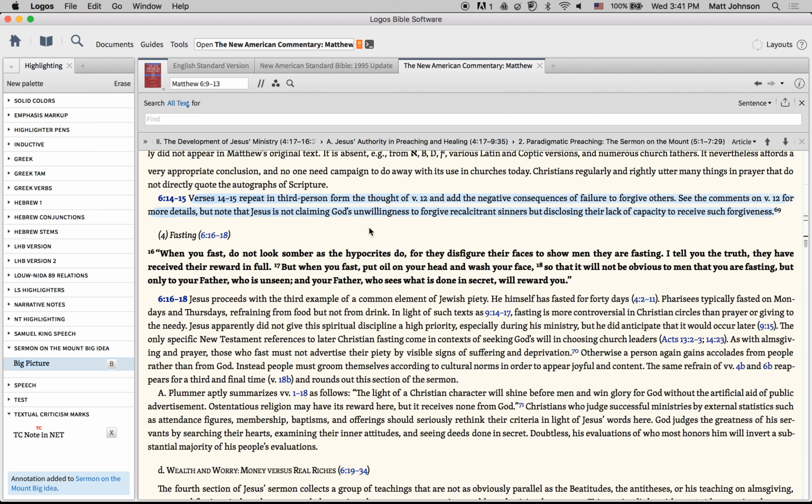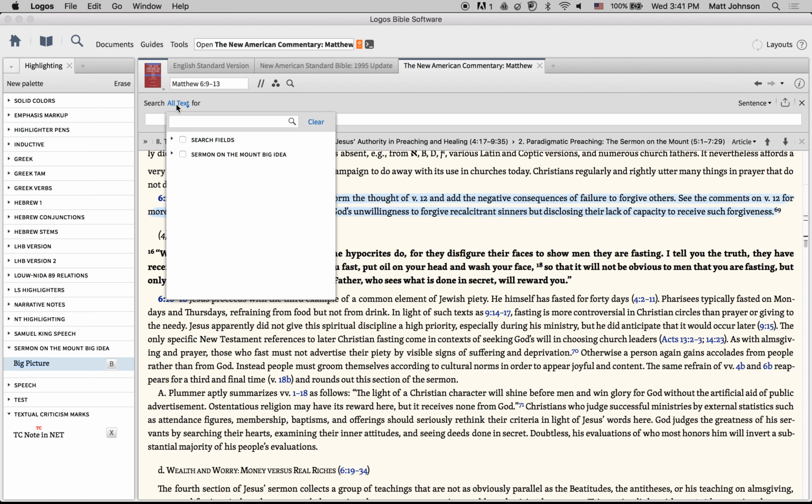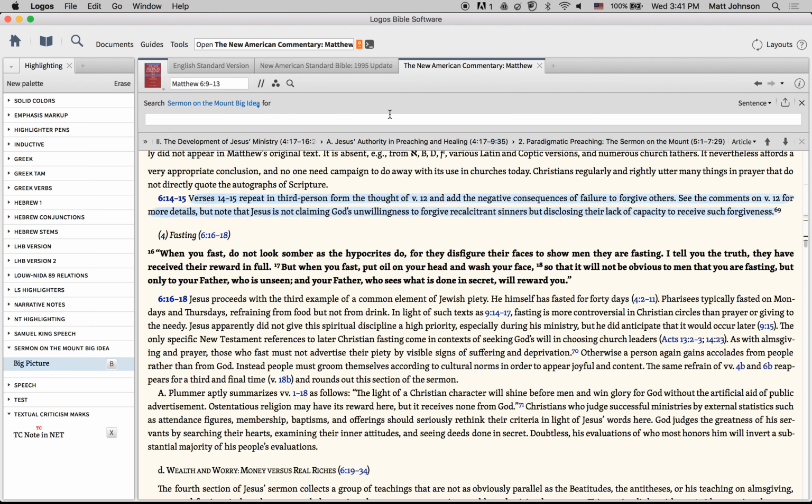But once I do all these highlights, if I want to quickly find them, what I can do is I can click on the inline search. It's a little magnifying glass up top, and I already had it open. But when you click on it, you get a new text bar, and you can search, and there's a drop-down menu, and you can do different search fields. And you'll see I have my Sermon on the Mount Big Idea. That palette I created is here, and I can search big picture. Now, if I had more styles, I could actually choose one or more styles to show up at the same time. And so you'll see as you're working in it, you'll see times where that's very useful because you can say, well, I want to look at all the big picture stuff. But once I do that, if I click off and hit enter,